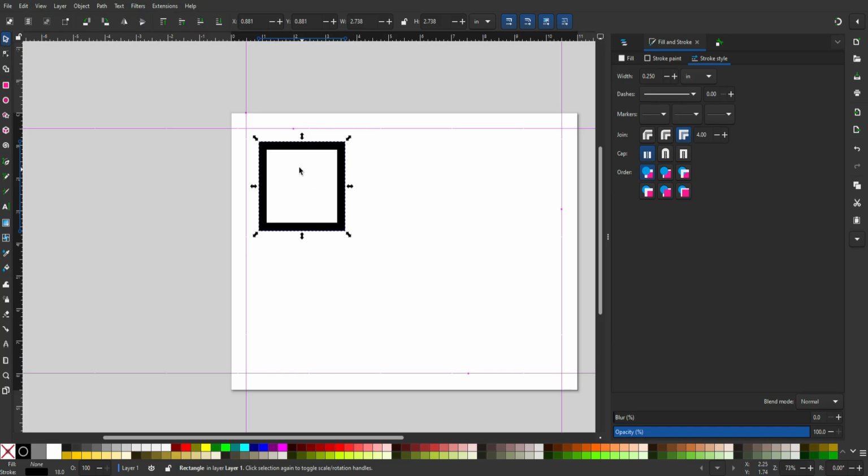But if we were to say, I want to cut this square with this thickness out, like I'm cutting a frame out and I want it to be this thick, then I need a line that cuts the exterior and a line that actually cuts this interior line. And the way I would do that is I would go up here to the top where it says path,